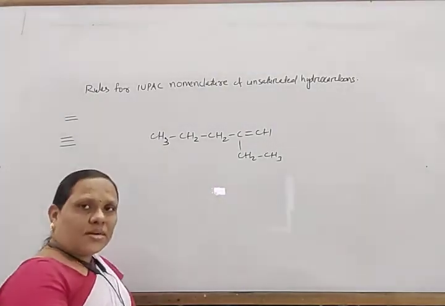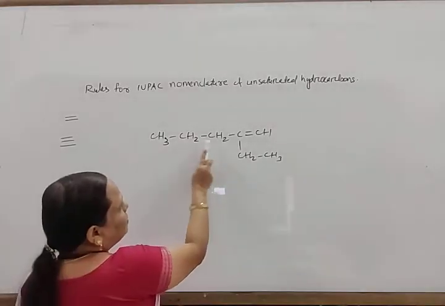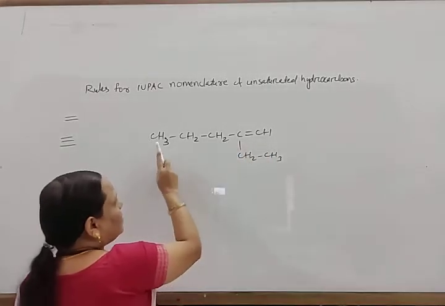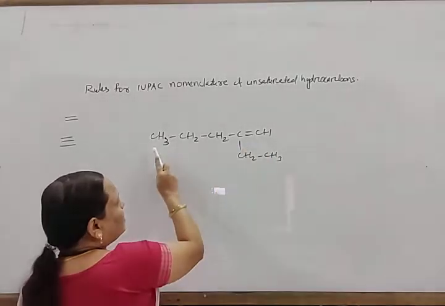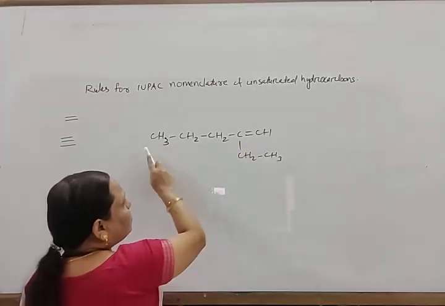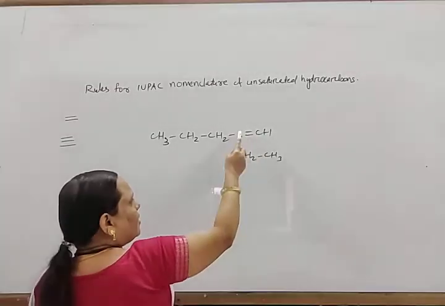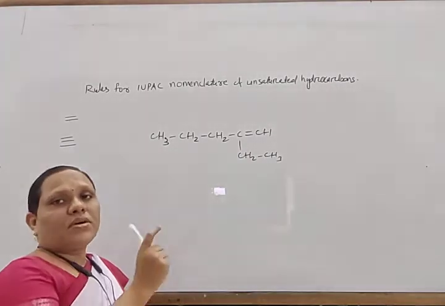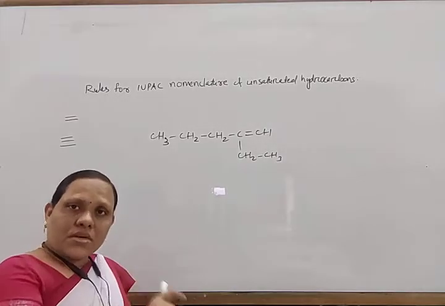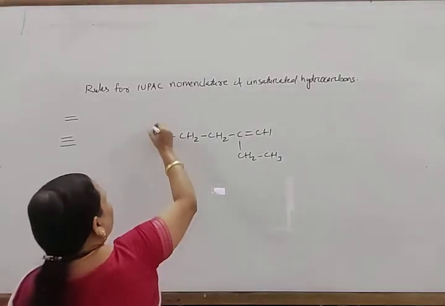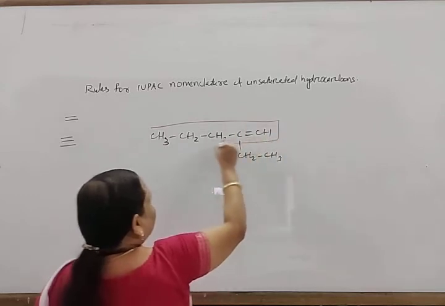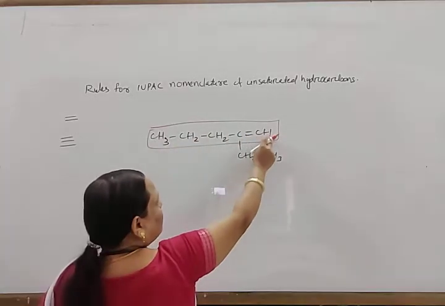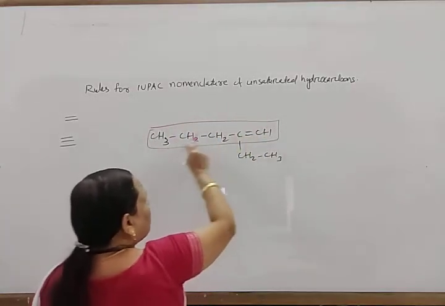Look here, if we consider this, this is the actual long chain, 1, 2, 3, 4, 5, 6. So it contains a long chain of 6 members. But there is also a double bond present, 1, 2, 3, 4, 5. If you count from this side, 1, 2, 3, 4. In this way you have to choose the long chain containing the double bond. The long chain that should contain the double bond is this, not this. Although that one is 6 membered and this is 5 membered, this is taken as the chain.